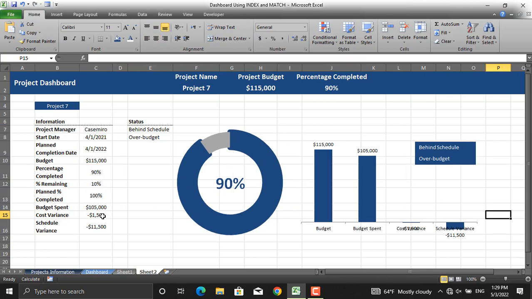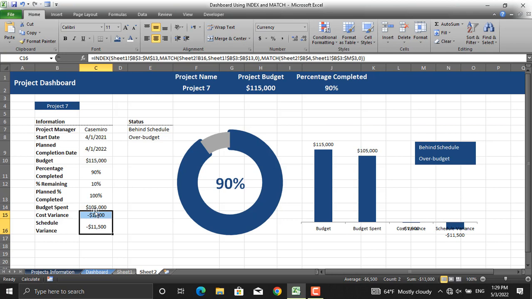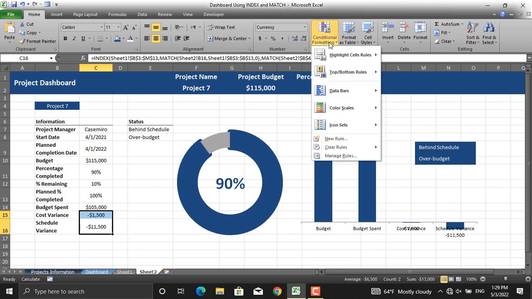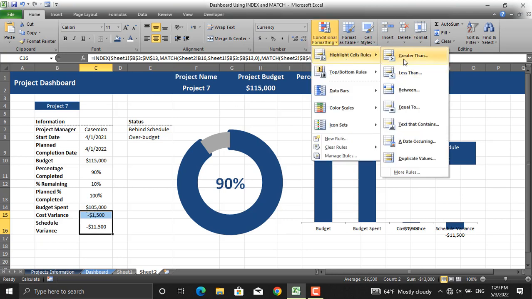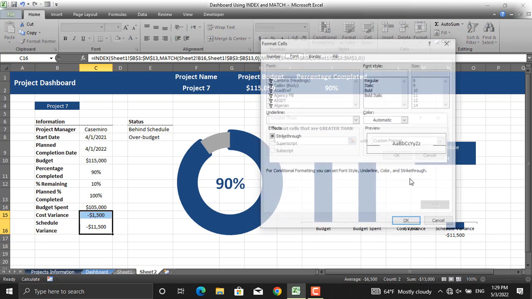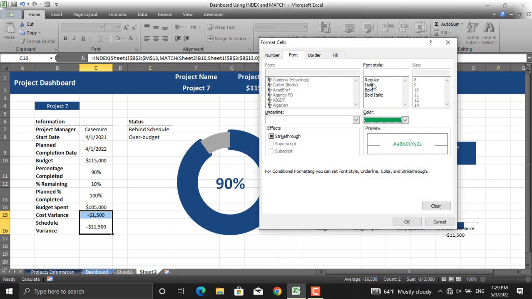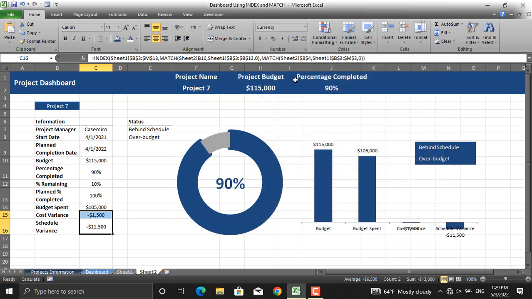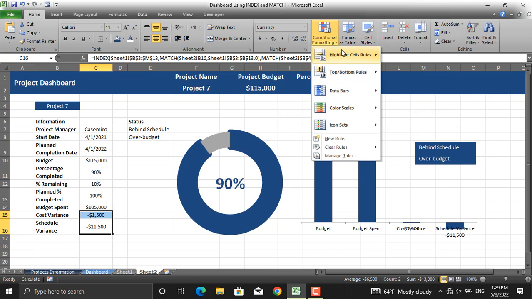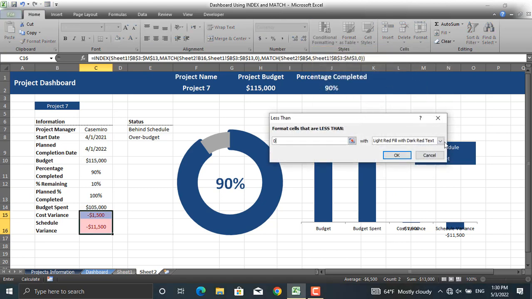Moreover, we will use conditional formatting as we did in here for the values to appear in specific colors. For the cost variance and schedule variance, we will go to conditional formatting. If they are greater than 0, they should be, for example, shown in custom format. The color should be green. If they are greater than 0, and should be bold. Okay. If they are less than 0, go to conditional formatting, go to less than 0, the values should be shown,